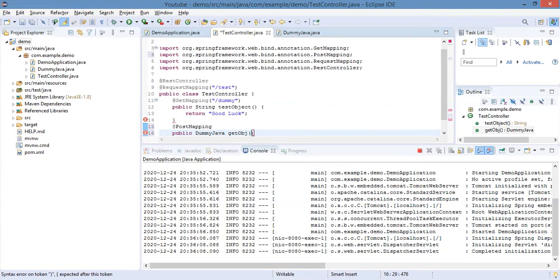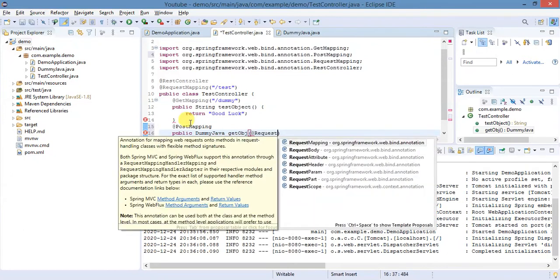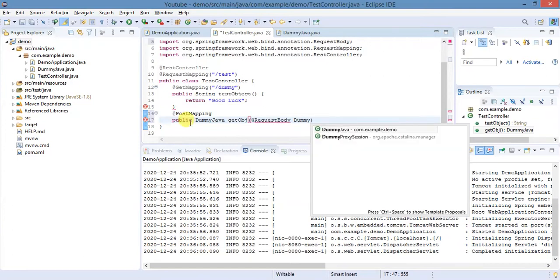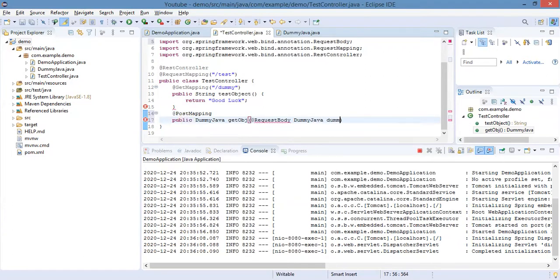For binding a request object to our Java object, we use @RequestBody. That's only for RESTful JSON objects. If you use multipart for sending a file or something, you use form data, with @ModelAttribute. For the rest, you use @RequestPart, which we will discuss later. For now it's just a dummy, so return this object as it is.